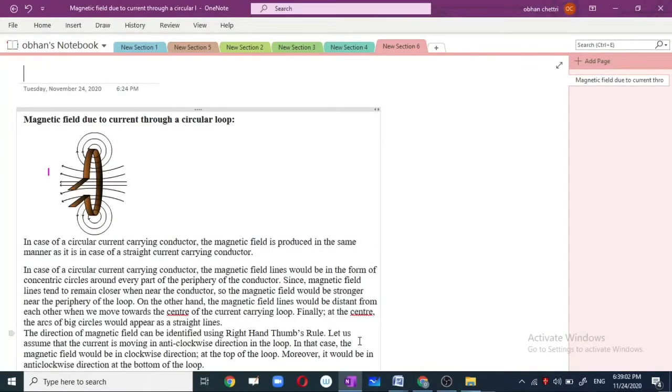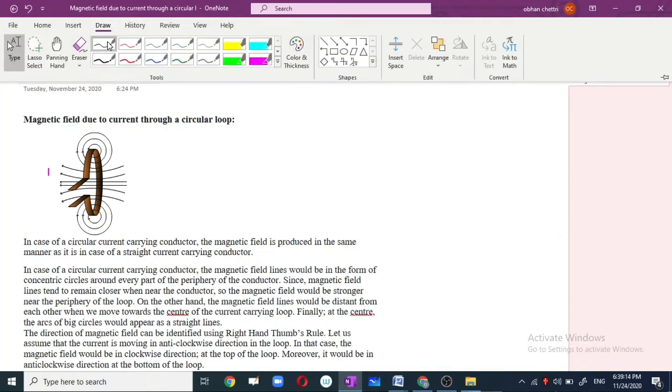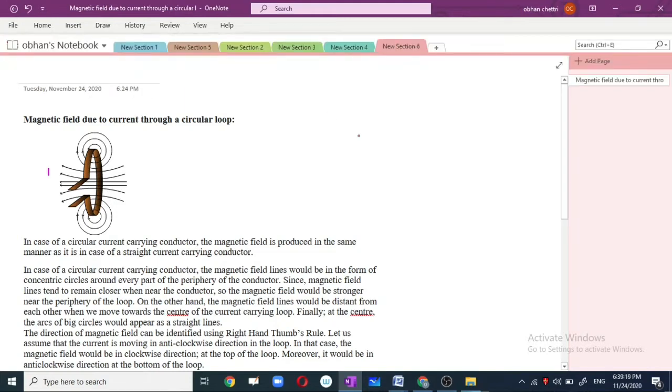Hello dear students, today we are studying about magnetic field due to current through a circular loop. So first of all, let's be clear about what is a circular loop. Any conductor which is in the form of a circle is said to be a circular loop. If a current is passed through this conductor, it can be passed in two different ways, either